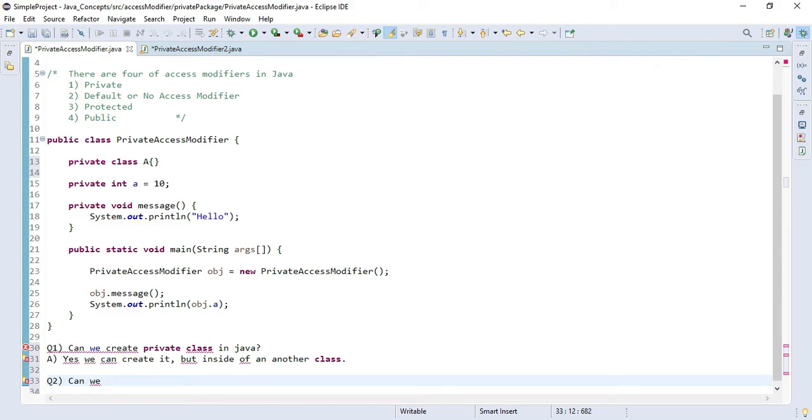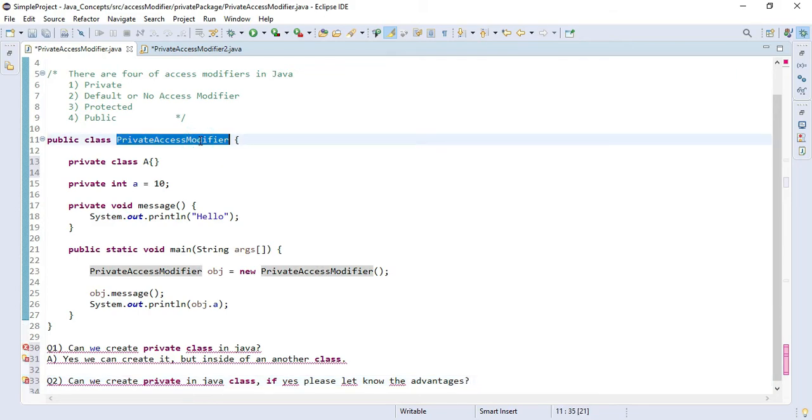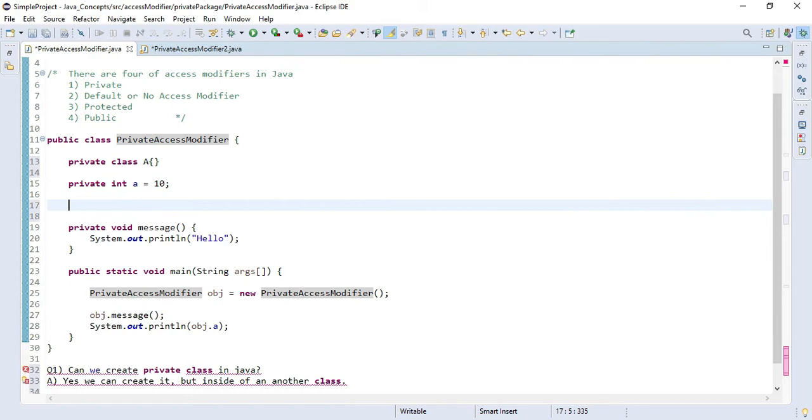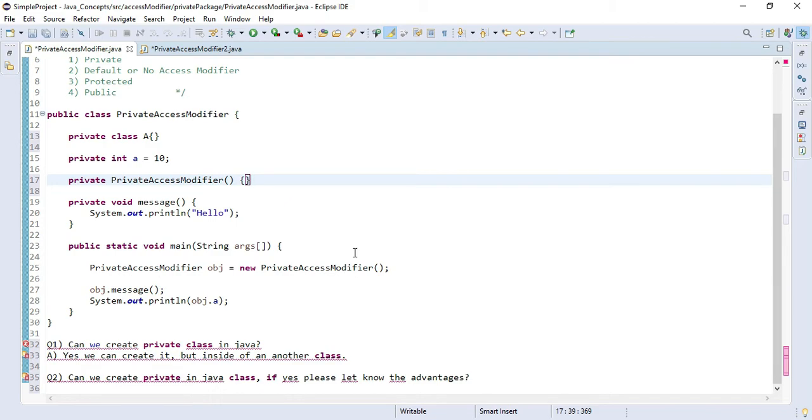The question 2, which people generally ask in interviews, is: can we create a private constructor in a Java class? If yes, please let us know the advantages. Let's check this quickly and try to create a private constructor. As you can see, yes, we can create a private constructor.